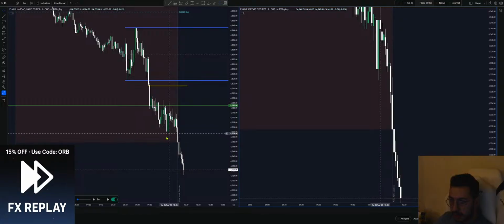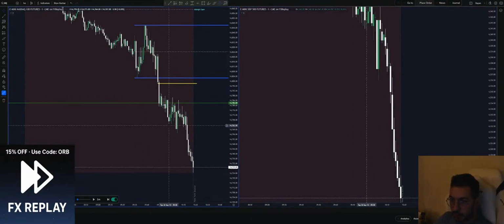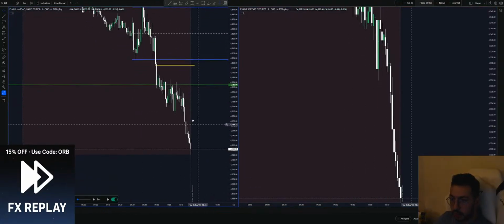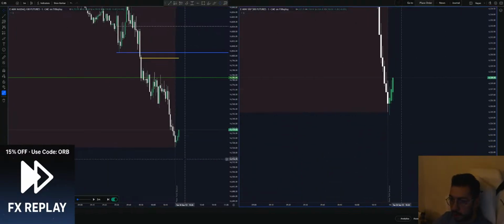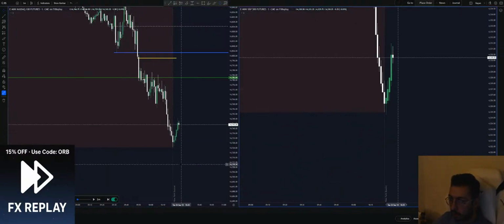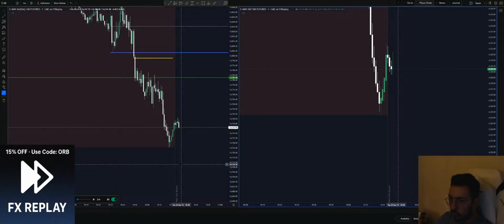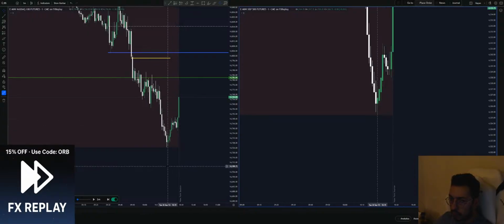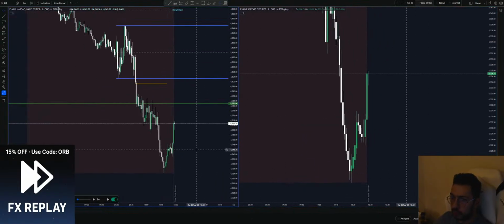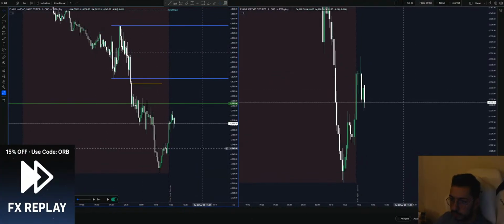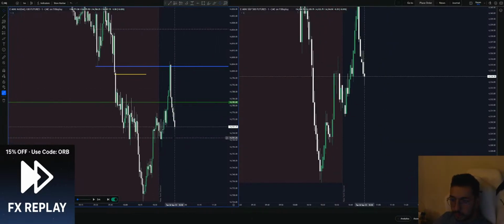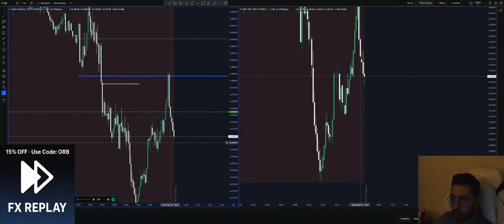Down. Sadly, the price did not give me. See here now, we broke structure again. That's where I've been looking for shorts. No SMT. Sad. Price went without us. Oh, we have an entry here.